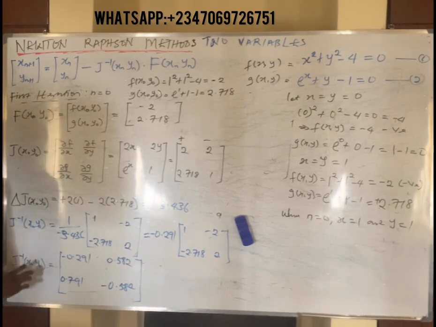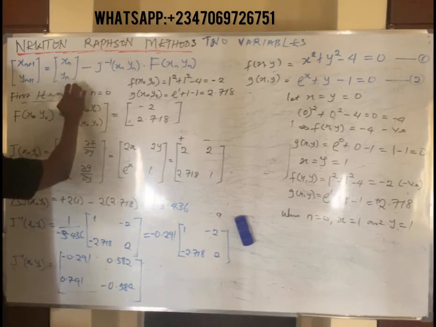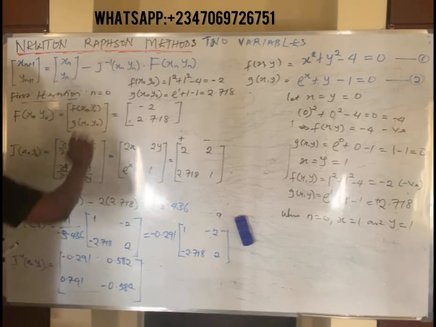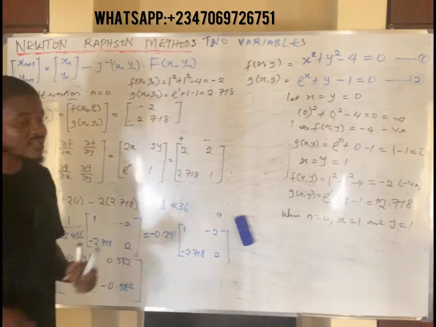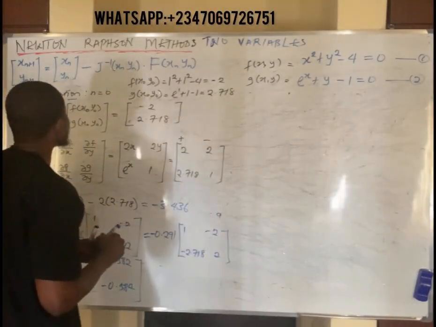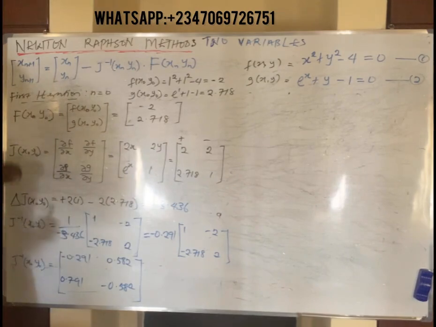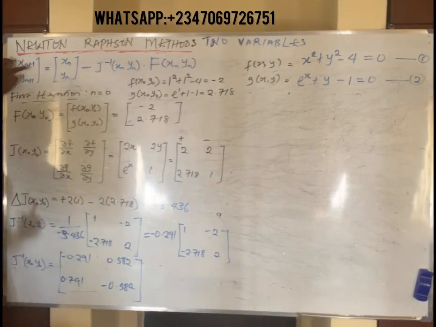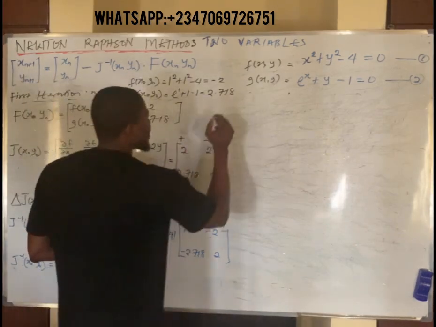Now, having found the Jacobian inverse of the matrix, we know what our x naught and y naught is. We can now couple into this equation and obtain the first root of that given equation. Is this simple? So let's try it and see. Okay, so remember, we are considering when n is 0. So this becomes x0 plus 1. That gives us x1. That's our first iteration. So the formula we now have,